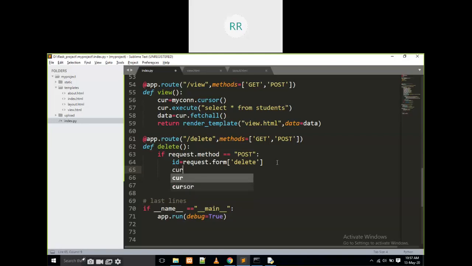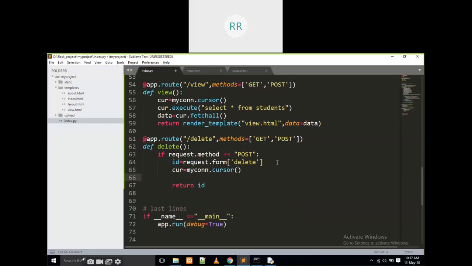Okay, the database connection, I have to write my connection dot cursor of, cursor is equal to my connection dot cursor of. Then I have to write cur dot execute of. I am going to delete a particular data. I am going to write a delete from table name is students, where I am going to delete one particular data. If I am not mentioning anywhere, it is going to delete all the records in the table, right? But don't do like that.